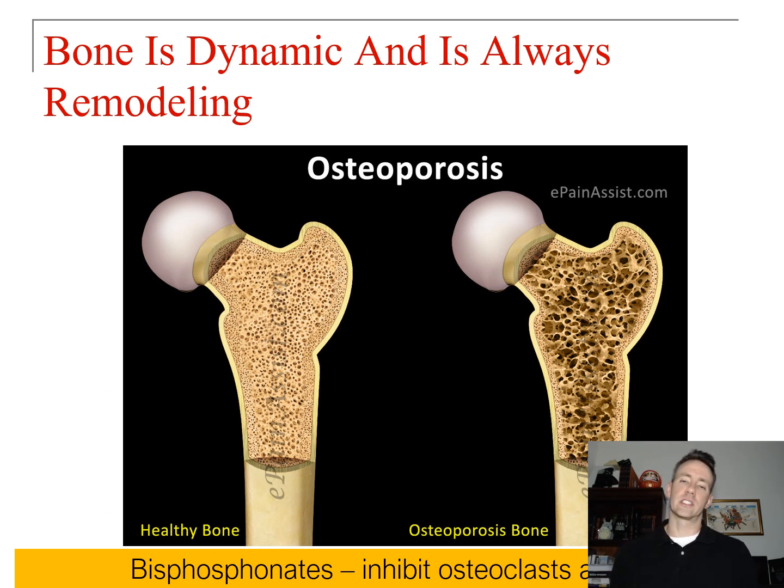And on this slide, this is just to say again that we have a balance between buildup and breakdown, buildup or resorption, and under normal circumstances, that's an equilibrium, which again, depending on what type of lifestyle you're living, will change and adapt accordingly. But in cases of osteoporosis, we have an offset of that balance, where you end up with more resorption than building up, so the bone becomes more fragile. Okay, so you can actually see it in the osteoporotic bone here, the larger trabeculi and pores here relative to,